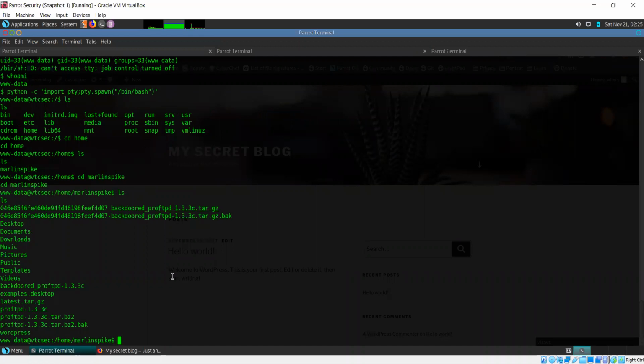See if there's anything we can find here. Okay, it does not really look like there's anything useful. There are just these files which tell us that the ProFTPD service that's running is backdoored, and we've already seen that it can be exploited via Metasploit. So there's nothing else to do there, and there is no other interesting file.